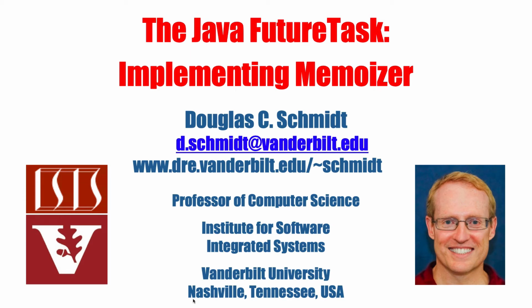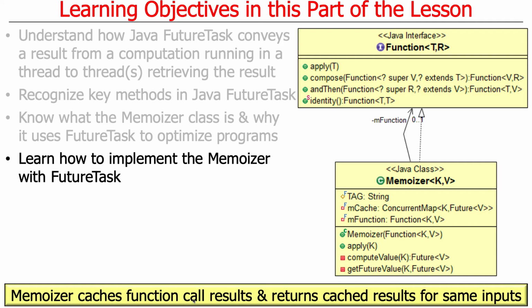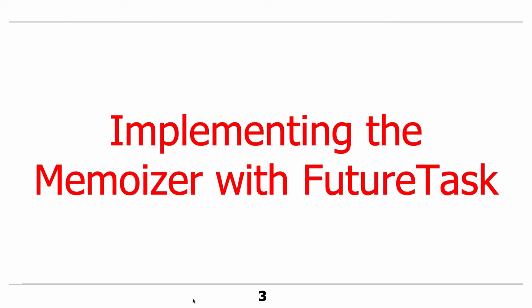Okay, so now that we have talked about why we need to use FutureTask to implement a Memoizer, let's talk about how to implement a Memoizer using FutureTask. And this is a really interesting discussion. Same semantics as before, just a different implementation. And as you'll see, it's a more complicated implementation, and that's because